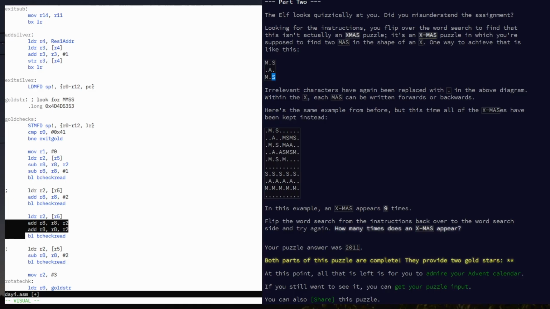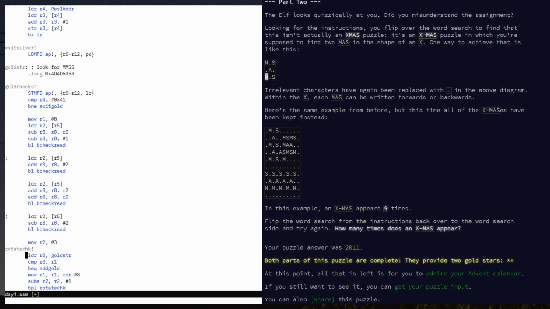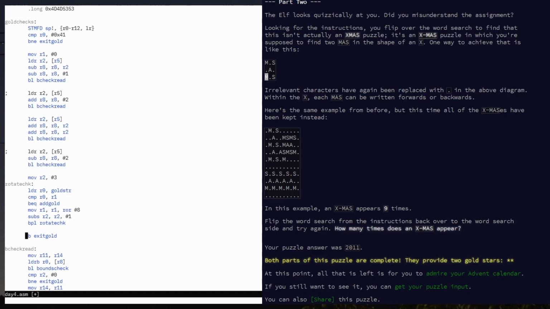And then lastly we subtract 2 from our grid position, which will move us to this here, and we load that one in, right? And then we're going to move 3 into R2. Now, because that's going to load from the top left corner